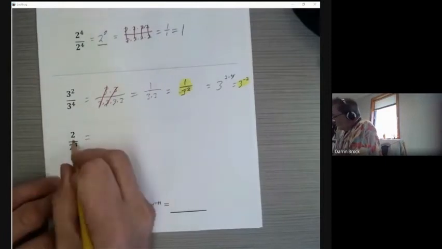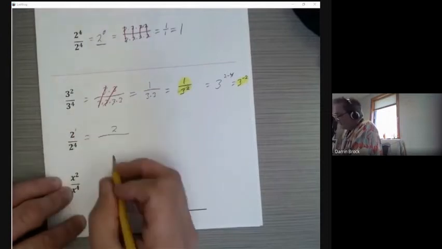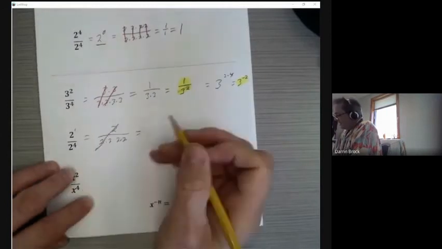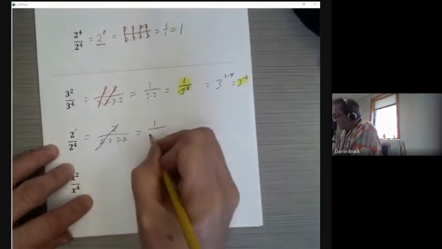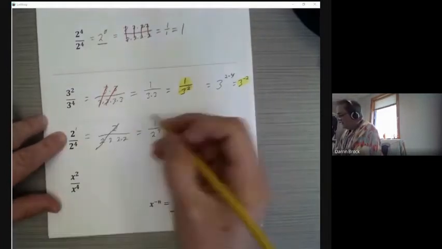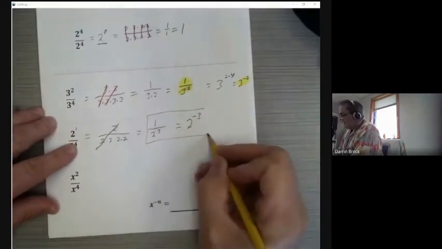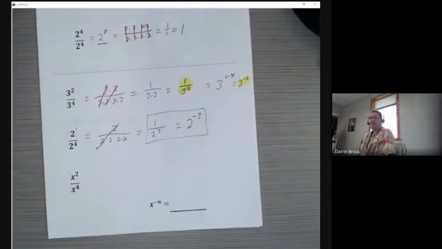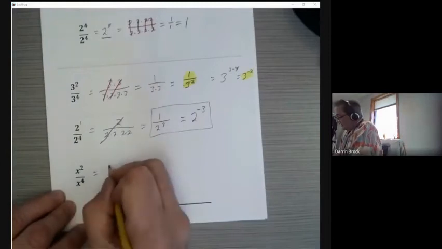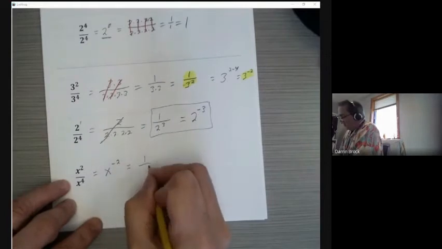Let's look at another one. 2 divided by 2 to the 4th. 2 is just 2 to the 1st. There's only one 2 to the 1st. 2 times 2 times 2 times 2 cancels out. We've got 1 over 2 times 2 times 2, which is 2 to the 3rd. Remember, our property here says that we keep the base and subtract: 1 minus 4 is negative 3. These equal each other. So x squared is the same as x to the negative 2 or 1 over x